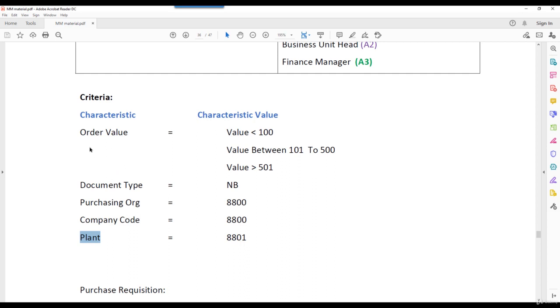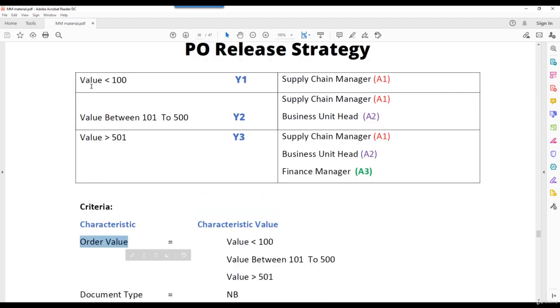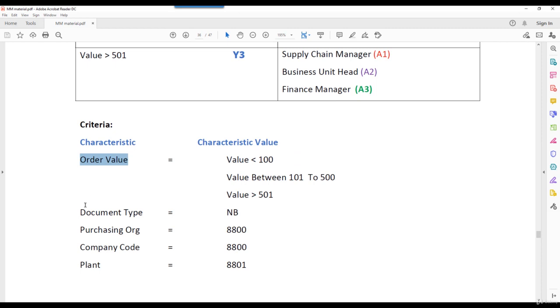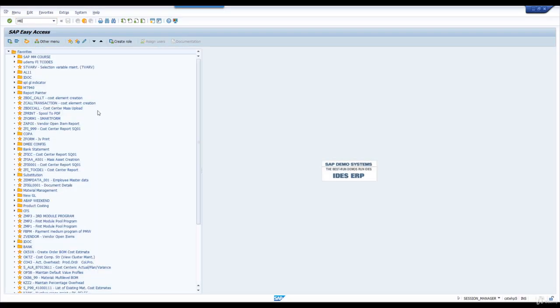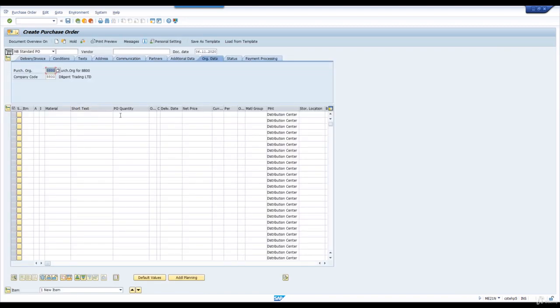What is that criteria? We understand order value. Under this order value, three scenarios are possible. Value may be less than 100, value between 101 to 500, value above 501. Coming to document type, whenever we are creating document type NB, what is document type NB? You can go and check from ME21N. See, at the time of creating a purchase order, here you will find this order type. This order type is NB. Whenever we are creating NB order type,